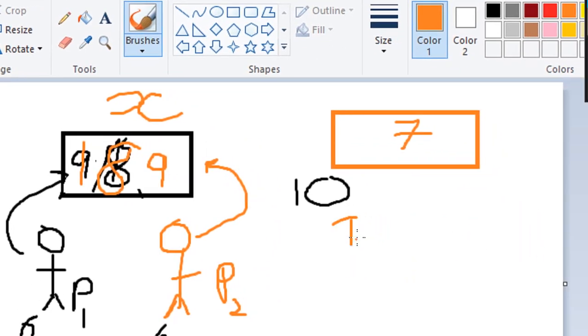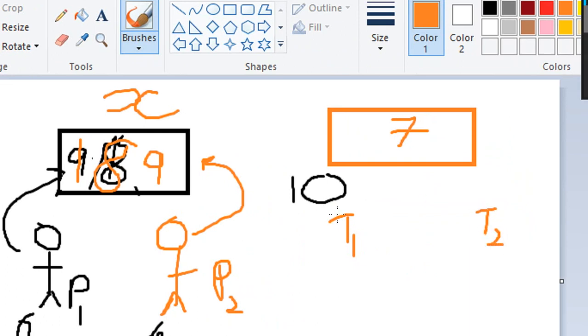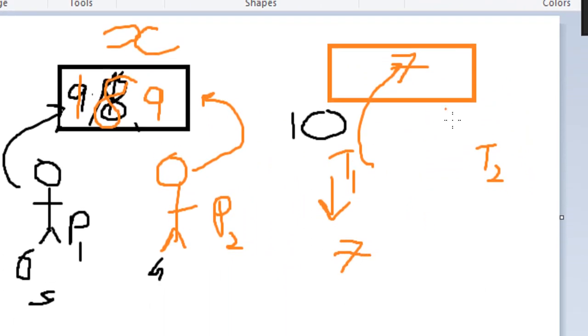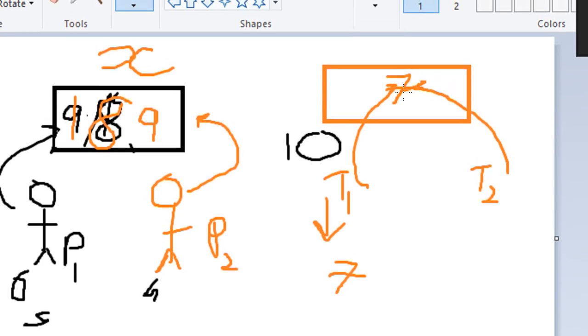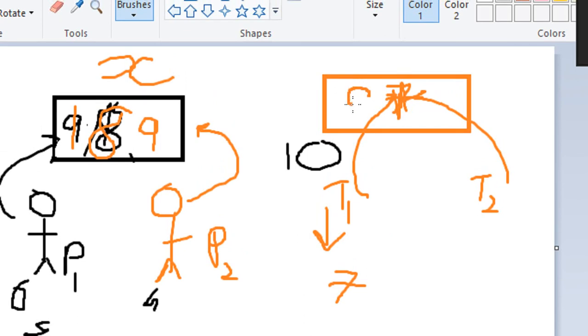This is thread 1 and thread 2. Assume T1 basically read the value 7, so in the memory of T1, the value was 7. And in the meantime, T2 read this value, read 7 and made it 8 also.